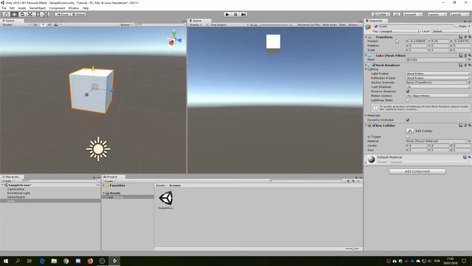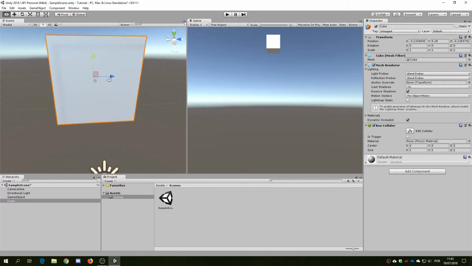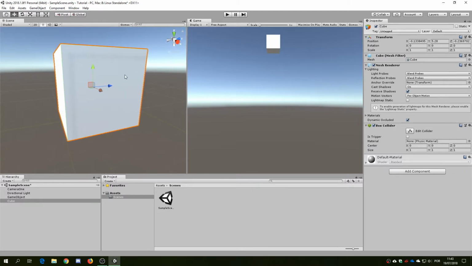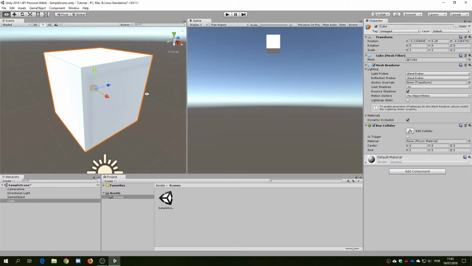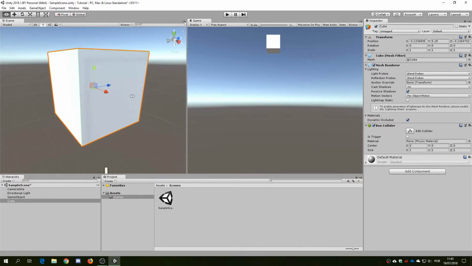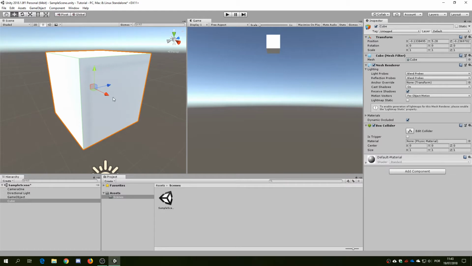So we have a transform, of course. We have the mesh filter, which is basically what tells Unity how the mesh of our cube is made. And the mesh in 3D is basically the set of triangles that compose the object. So a 3D object is composed by triangles, and you can see here that the cube, the most basic cube, is composed by, I don't know, 1, 2, 3, 4, 5, 6 faces. Yes, but in triangles, that's the double,